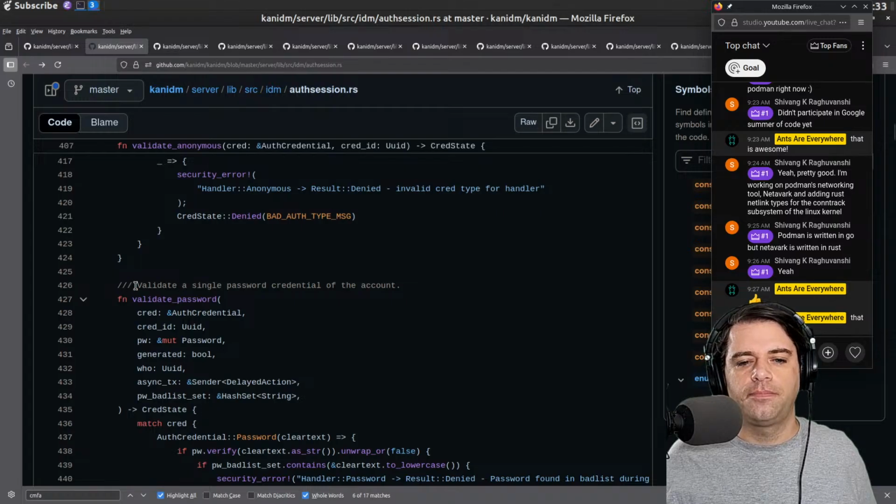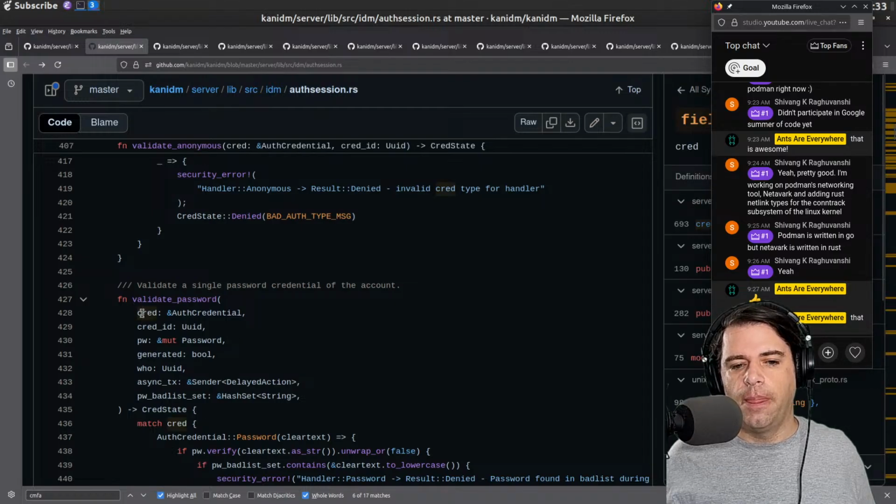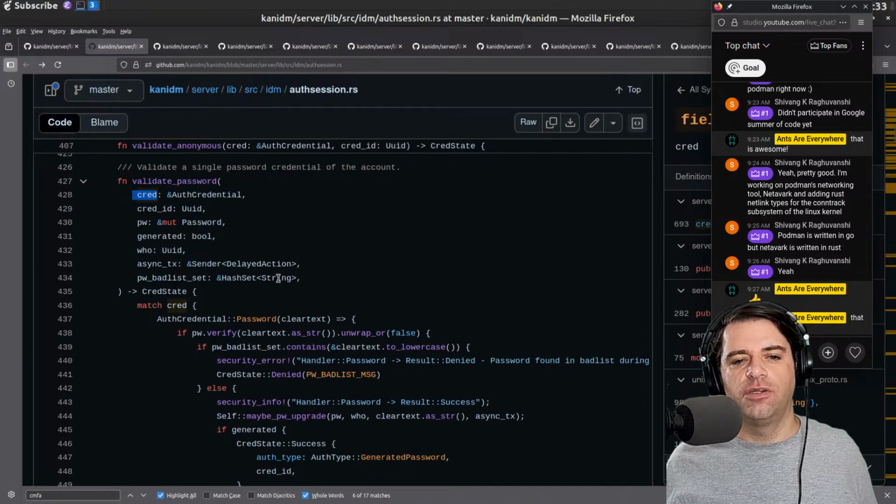And then here's validate password. Validate a single password credential of the account. So you give it an auth credential, cred. You give it a UUID, the password, which I think would have been in the auth credential. Although maybe the type information isn't enough to say that this necessarily contains a password because auth credential is pretty general.